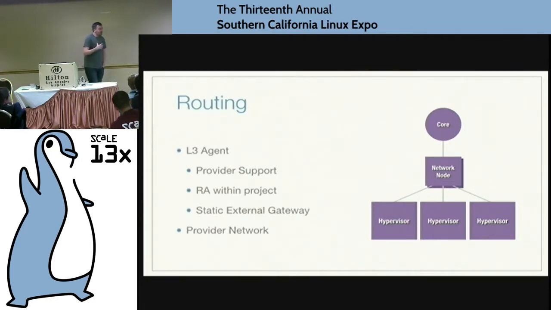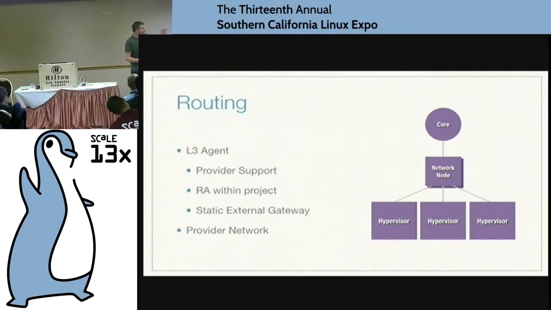so if you were to take a look at how those would run, say, in a real deployment. When you have routing, you have a network node, and this is the reference implementation. Neutron has something like 28 different plugins available in different combinations, going up to 32 publicly available by the end of Kilo. If we take a look at the reference implementation, you have hypervisors. Somewhere you have a network node that sits in between, which then talks into the core of your data center. Typically, the network nodes are bare metal hosts, running a Neutron L3 agent that creates lots of Linux network namespaces to do routing. The reason we use network namespaces is Neutron supports overlapping IPs, and namespaces are the only way to get independent IP stacks per tenant.